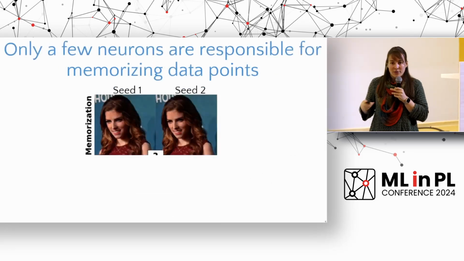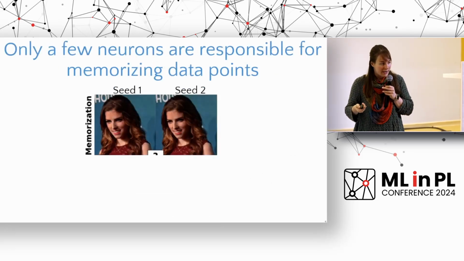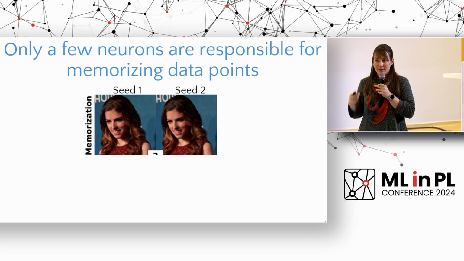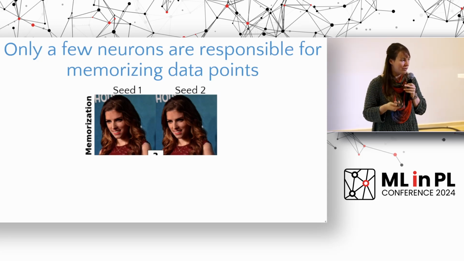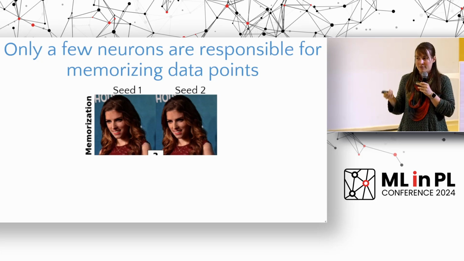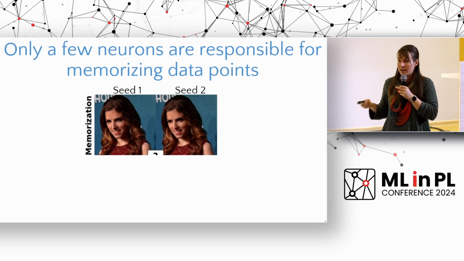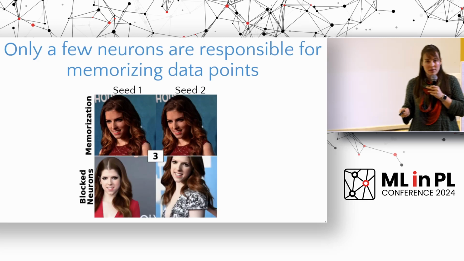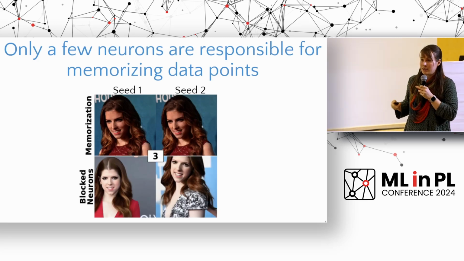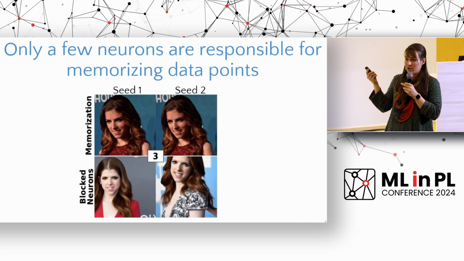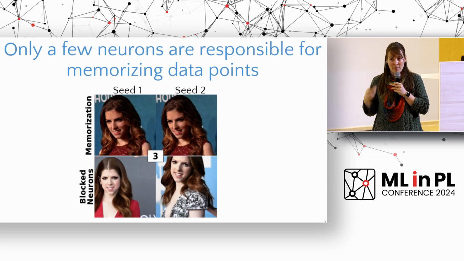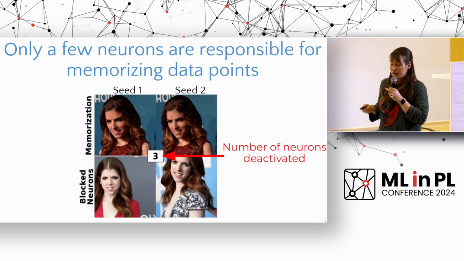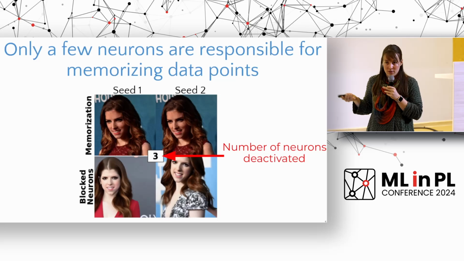What we also looked into is what it qualitatively means to deactivate these neurons. Basically we started off again generating from 2 different seeds. We already heard that if we have memorized samples on 2 different seeds, we will generate the same image. And that is what happens before we apply NeMo. But now that we block the neurons according to NeMo, the generation still gives us the correct concept. It's still obviously the same woman, but we do not get the memorized input image anymore. And what you can see here in the middle is the number of neurons that we had to zero out for that.